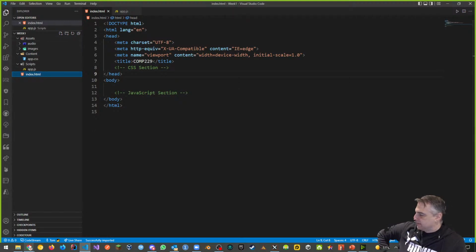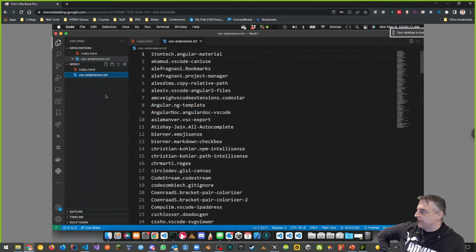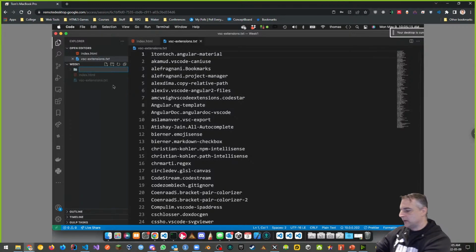And again, on Mac, it's the exact same. There's no difference in terms of our process. So again, I can add in a new folder called scripts. I can add a new folder called content. I can add a new folder called